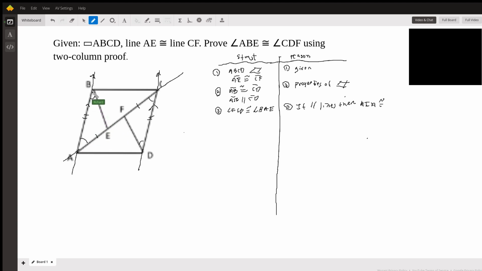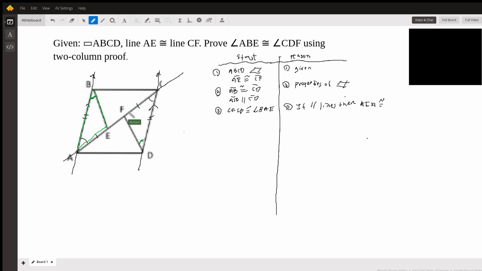These two angles, let me just change that color. That's what we're trying to prove. And so we can prove that these two triangles are congruent using